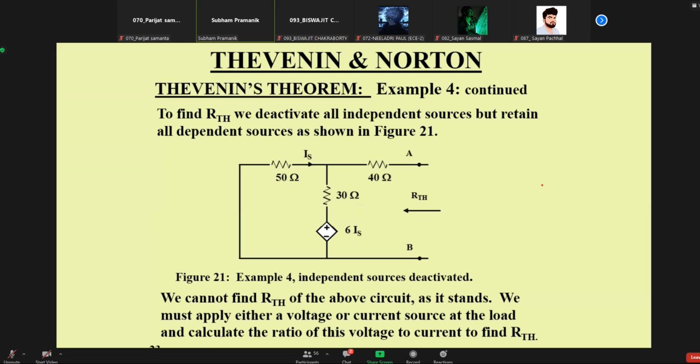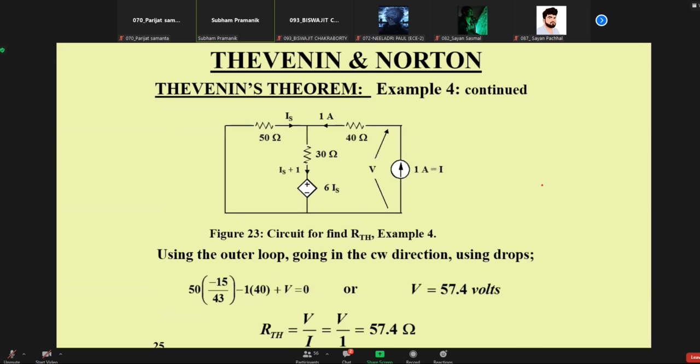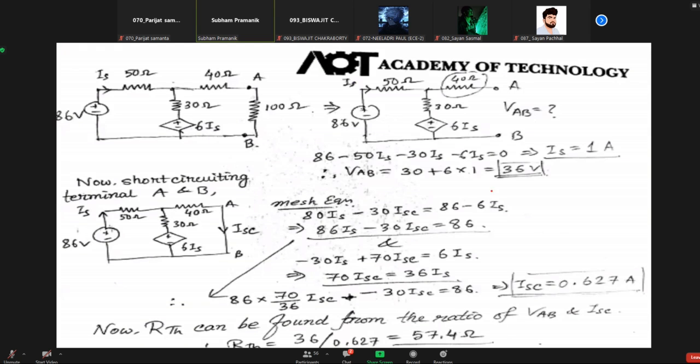Next, remember what I said. Forget this one. This. Remember what I said. See, we found this 36 volt as the open circuit voltage. Next, if you remember, this is an example of case 2 where we have both independent and dependent sources. What was the method? First, we need to find VOC, then we need to find ISC. See here, we short circuited the terminals, terminal A and B. After removing that 100 ohm, we short circuited this and we assume that a current ISC is flowing through this.